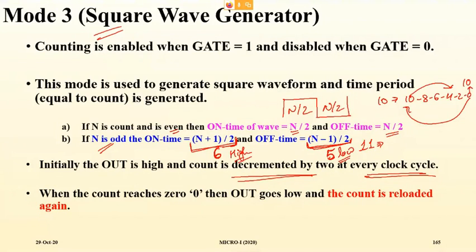So let us see how we can generate this clock. And remember one more thing, that every clock cycle the count should decrement by 2. In these odd cases that is not possible, because you will not be reaching terminal count 0. You will be reaching -1 indirectly. So what the system can do is adjust one clock period: it will decrement one of the counts by 1 only, and then it will start decrementing by 2 only.